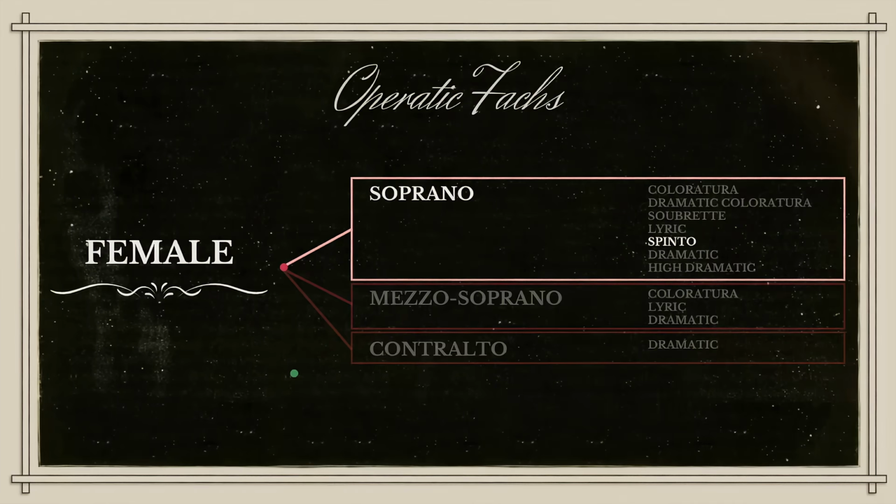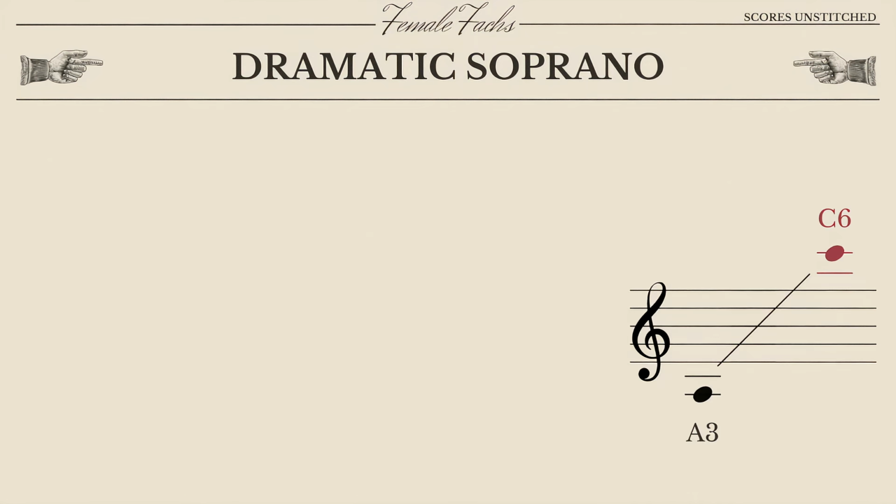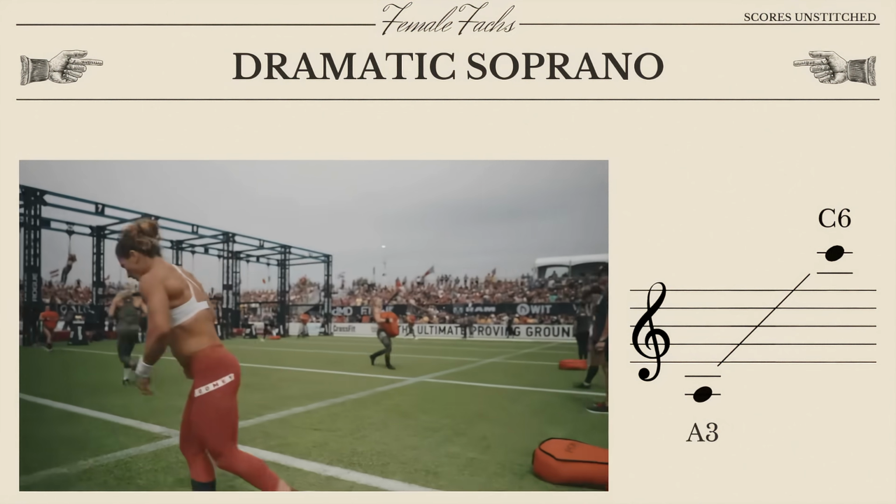Along, our penultimate soprano is the dramatic soprano. Their range is the same as the Spinto before them, A3 to high C, and kind of like the soubrette or the light lyric graduating into a lyric soprano, Spintos usually graduate into dramatic sopranos. Not only do they do long distance running, they also start weightlifting. They're like the CrossFit icons of opera.